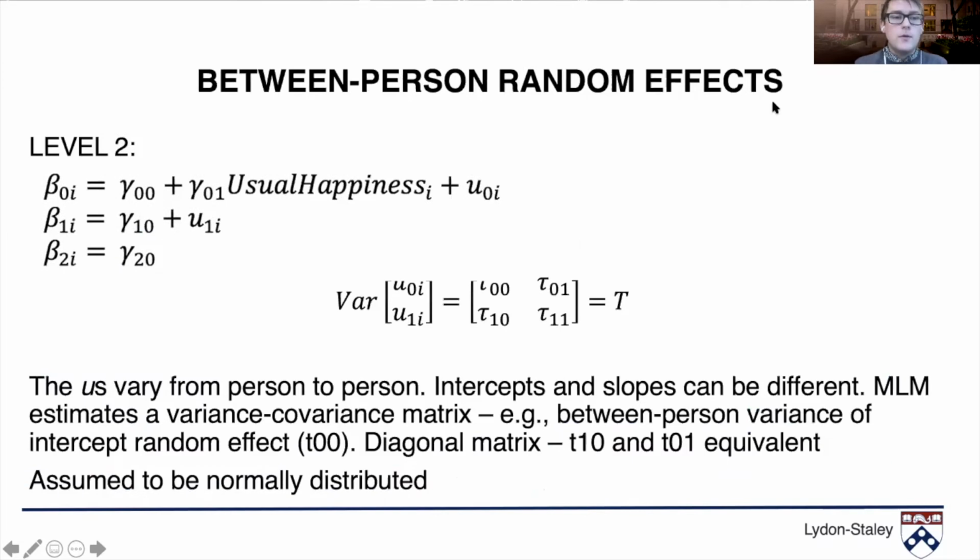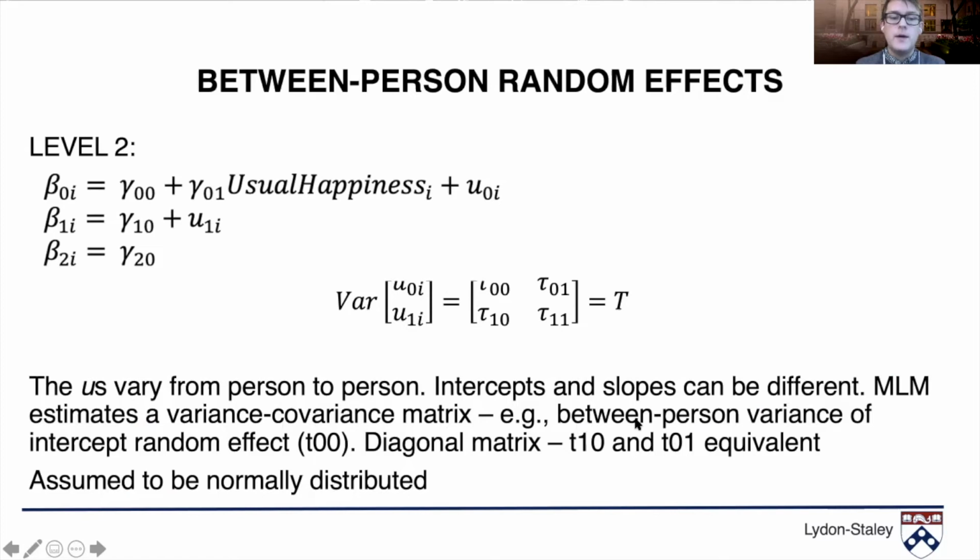Okay, so let's talk a little bit about these between-person random effects. These u's vary from person to person. This is where we introduce between-person differences in our intercept and our slope for the effect of day's happiness on day's curiosity. So they can be different. And as part of this, the multilevel model estimates a variance-covariance matrix, which is what you're seeing here,